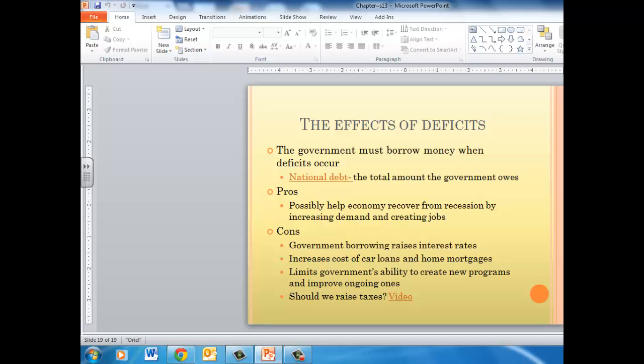So remember, I said in class, there are two ways to fix this. We can either raise taxes or we can cut spending. But if we continue to run at a deficit year after year after year, our government is going to find themselves in a position where the national debt is going to be totally out of control and will not be payable. And we'll talk more